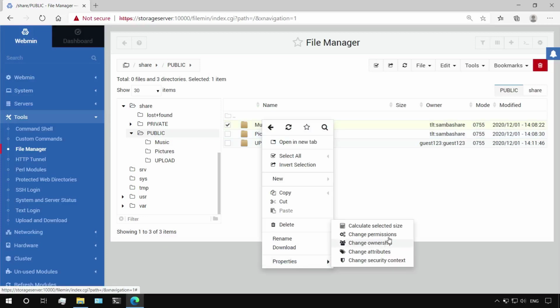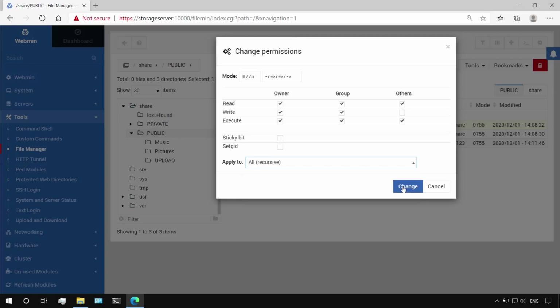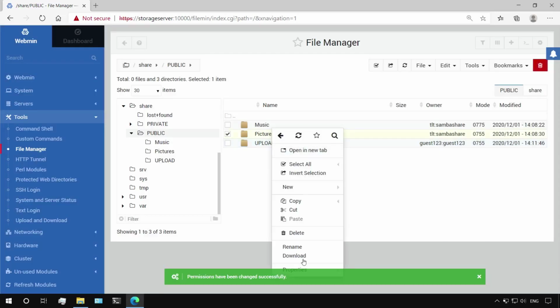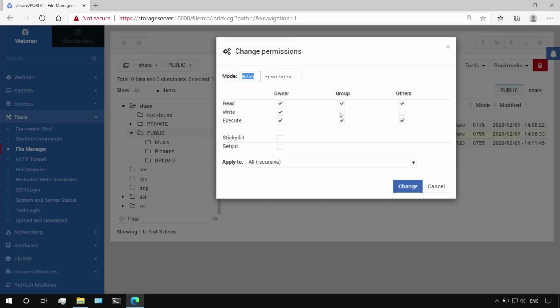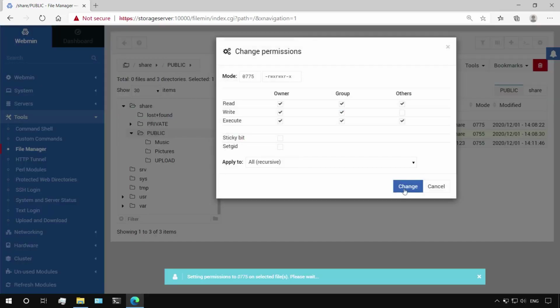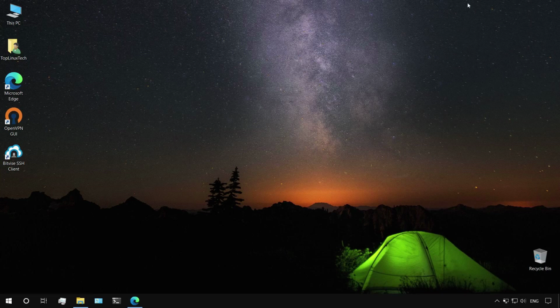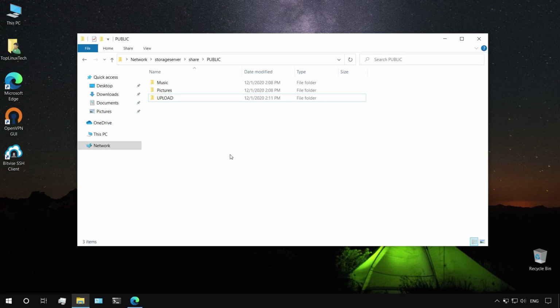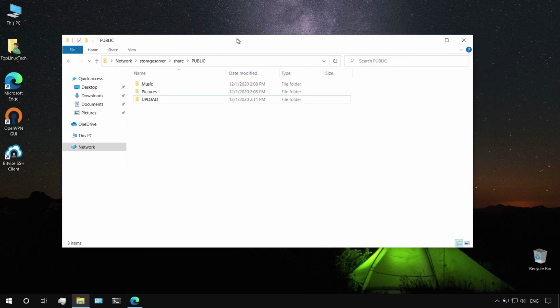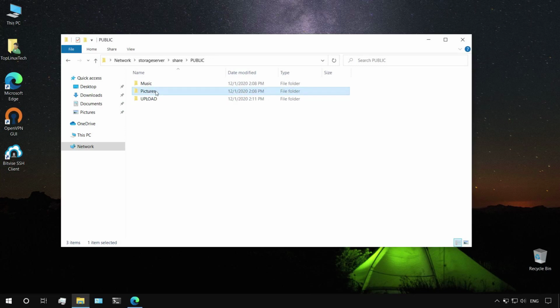And let's also change the permissions. So as you can see, you have full control over every folder and every file on your home network's file share. So now, while we are logged in as guest, let's try going into the pictures folder and create a